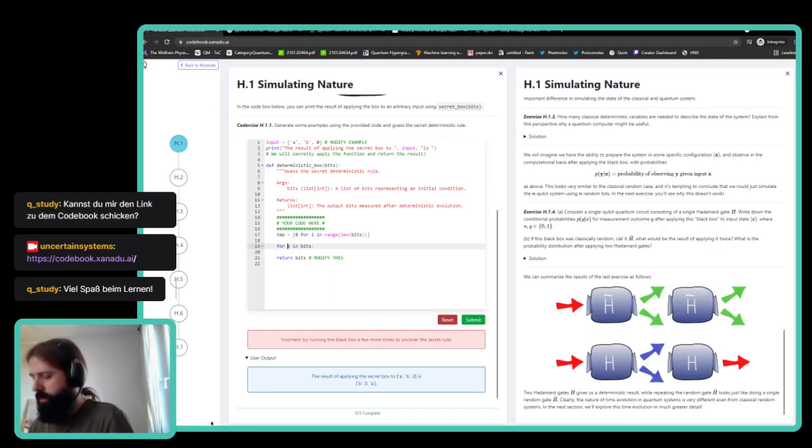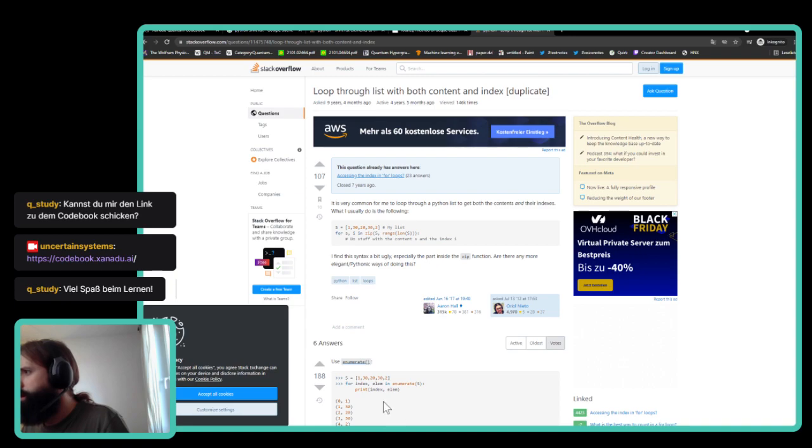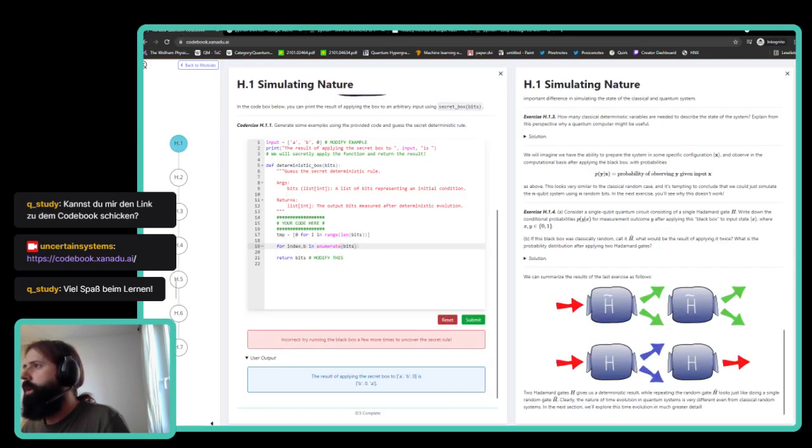Exactly. So I just have a bad memory for these things. It's enumerate, right? And the index and the element. Okay, cool. So basically what I do is, very, very simply put,